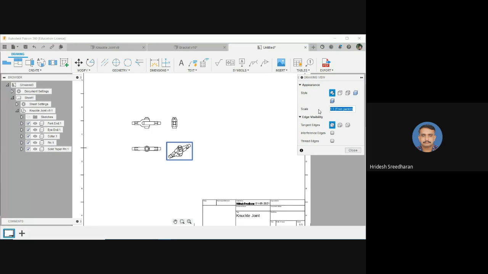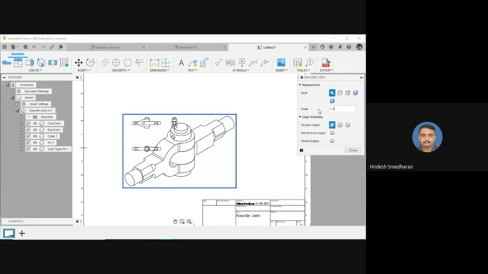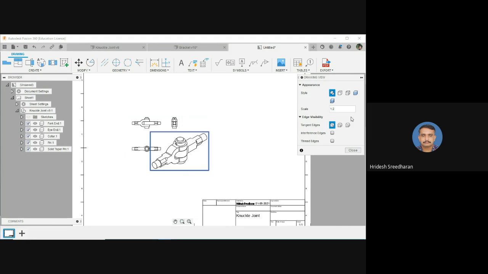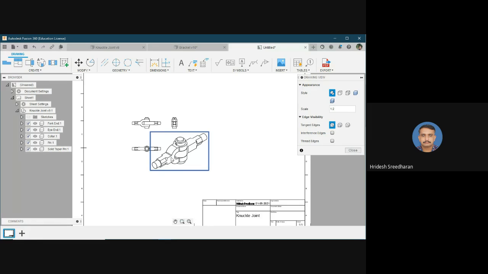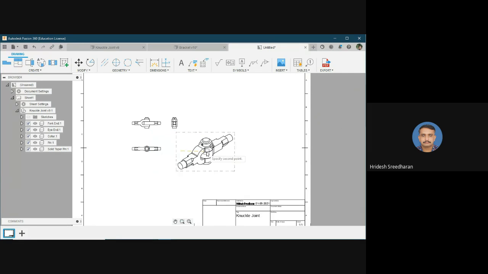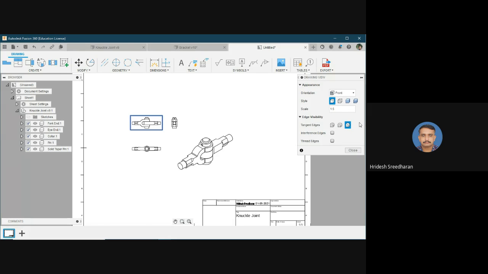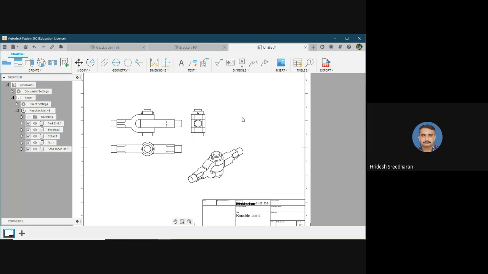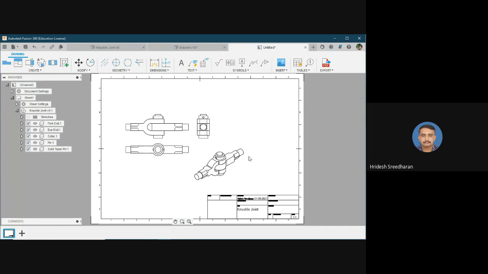If on 1:1, or if you want 1:2, 1:2 will do. Okay. So this is how you can take the drawing. But if you want this exploded view, what you should do is